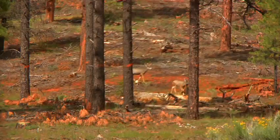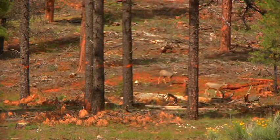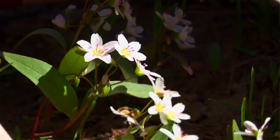decade. Some of the work that we've been doing with the restoration project is really a bit more intense and a bit larger scale than some of the projects we've done up until this point. Colorado Wild Director Ryan Bidwell calls this thinning project an important first step to saving the forest. It's a work in progress. It's not to say that this is beautiful right now, but I think we all know where we need to